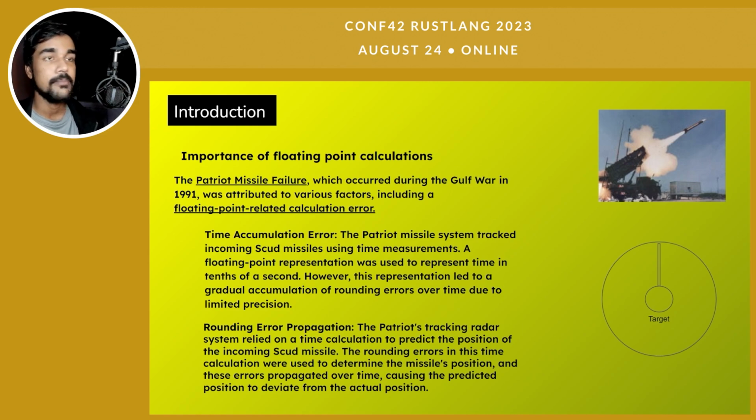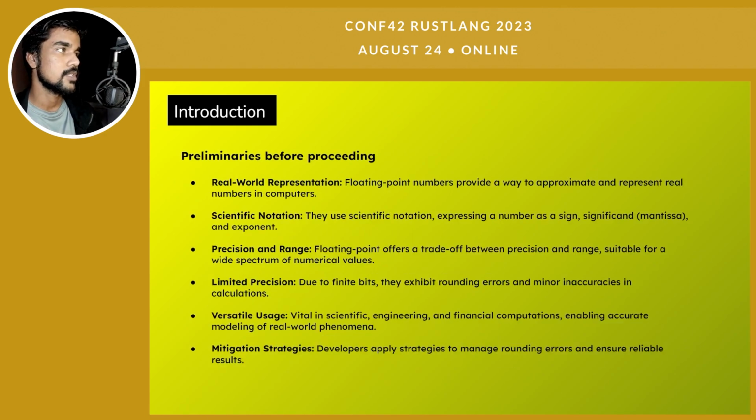So this can have a significant impact if things are not followed correctly, because implicitly we might tend to think, okay, why not just use integers, why not just use any other data types? But skipping something doesn't necessarily mean it's a solution as well. So let's go to the other slides.